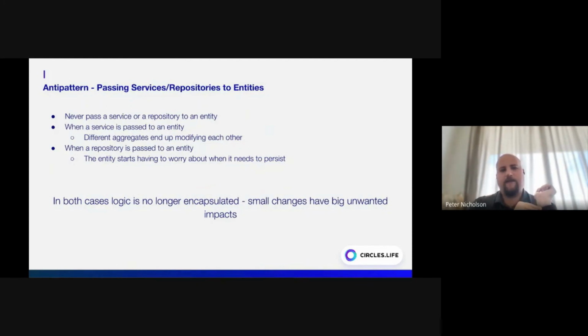Lastly, the last anti-pattern is passing services or repositories to entities, which is something that you don't want to do. When you pass a service to an entity, you allow that entity to start modifying other aggregates. Your service has global access to all the repositories across the entire domain. When you do that, you get rid of the boundaries between aggregates because now aggregates can be updated by others, which destroys encapsulation. And when you pass a repository to an entity, you're now blurring the persistence logic with